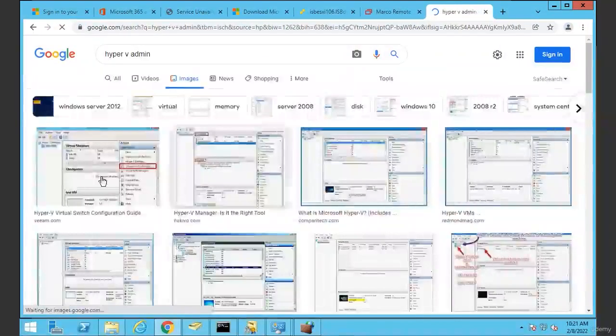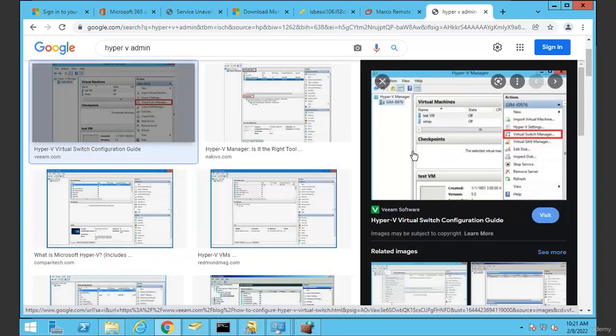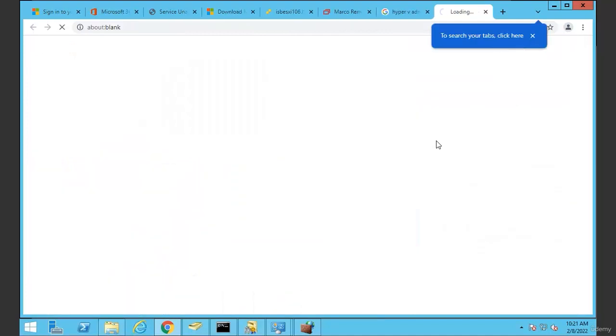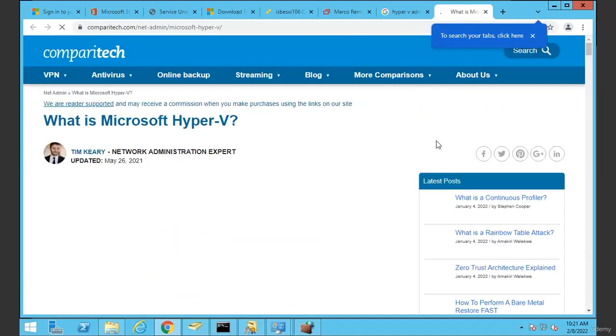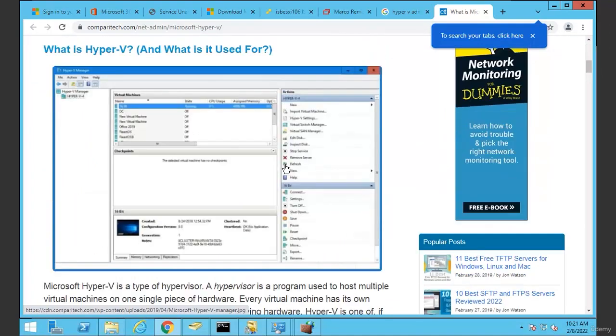And we'll see if we can't get some there. This is a role that can be installed on Windows servers. Okay, it's going to look very similar. Let's see if we can get this to pull up a little bit bigger. So Hyper-V is a role that can go on Windows servers. This is a look at that Hyper-V console, same kind of deal, where you've got the ability to create and